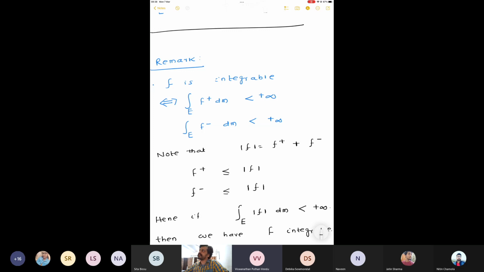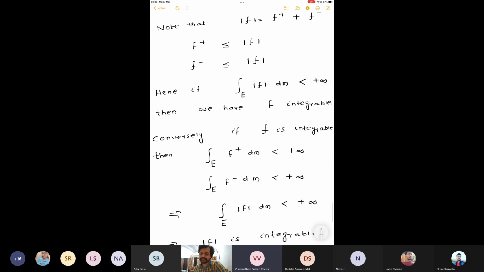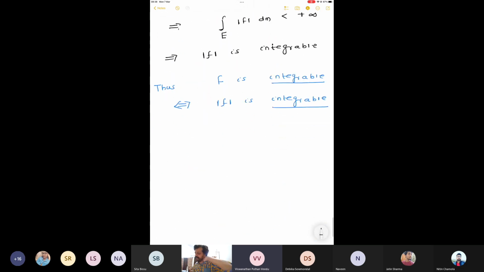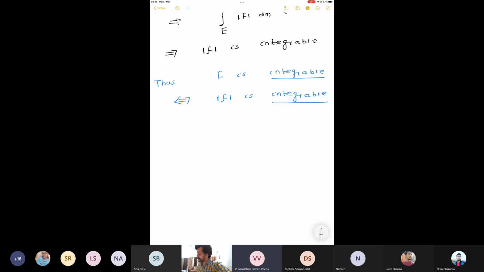For a general function, integrability means that the positive part and negative part are integrable. Is that clear? Yes, sir. So only this remark we have done something new today: f is integrable if and only if mod f is integrable. Now the second remark